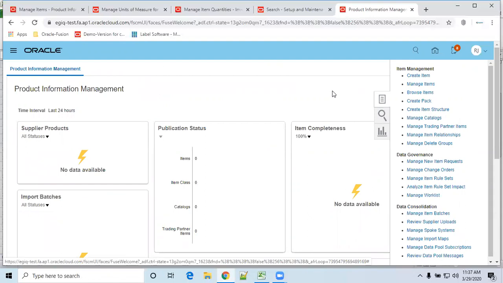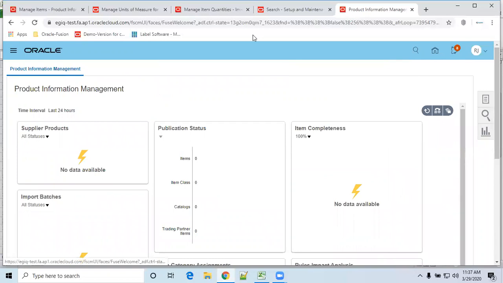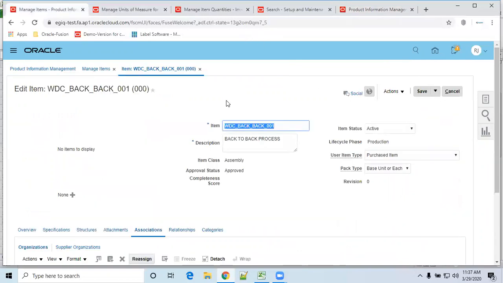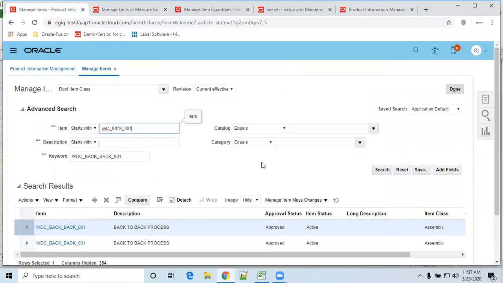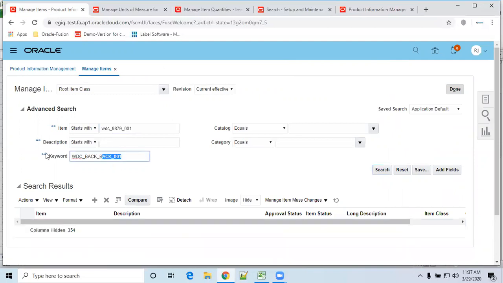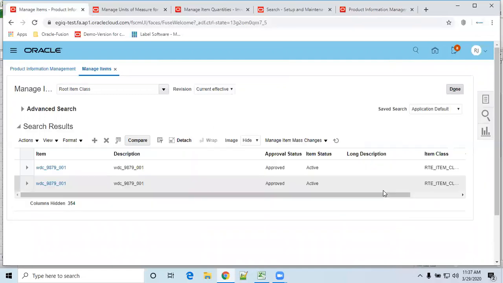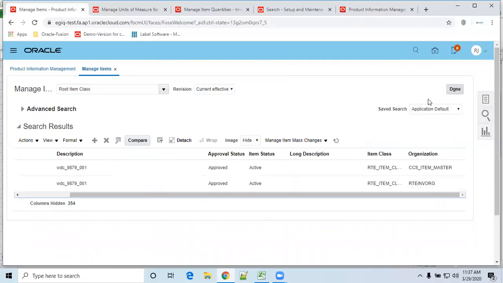Okay, go to inventory. Okay, before that, this item and this item we have taken. And yeah, RT inventory, fine.